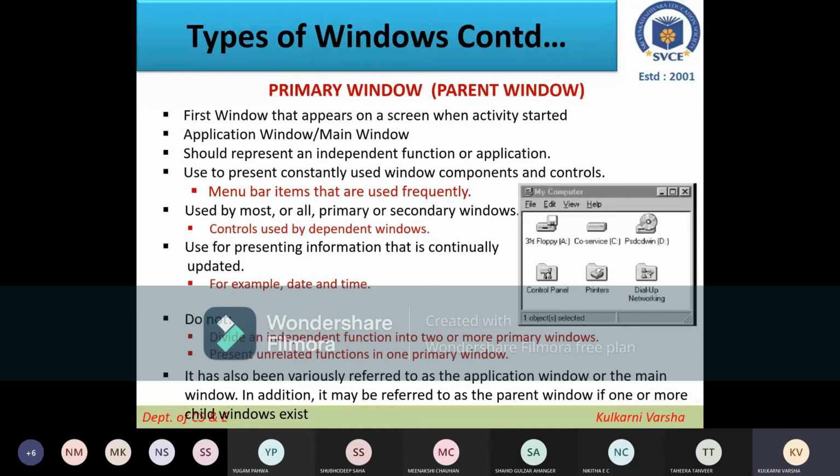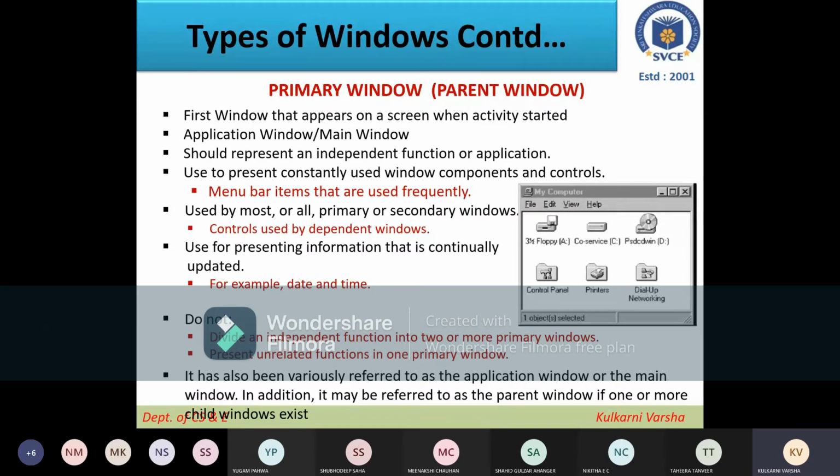But at the same time, you should not have so much depth in the windows either, like one action opens another window, in that you take one more action which opens another window, where depth-wise you have a lot of depth to do a particular action. That also will not be proper.